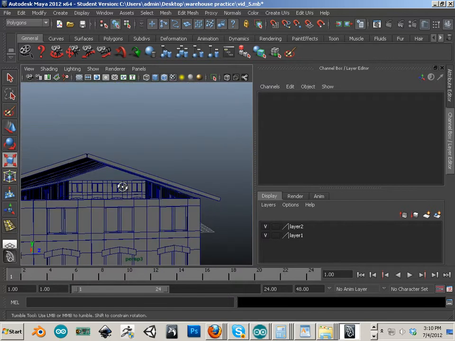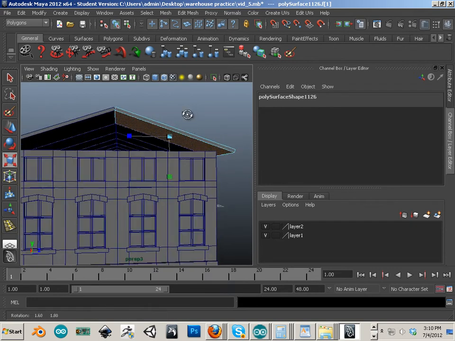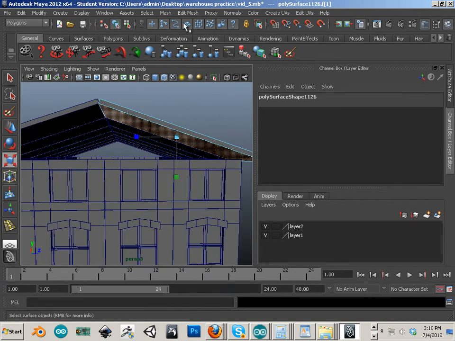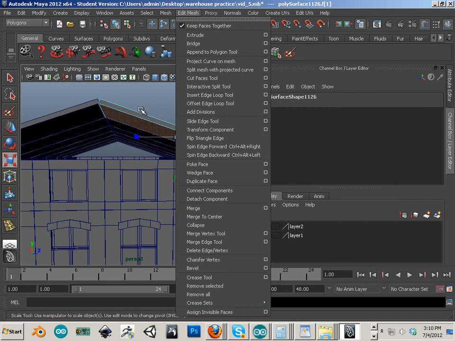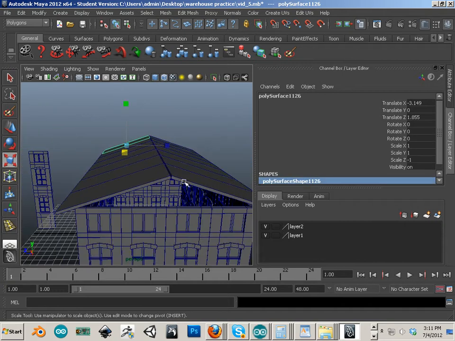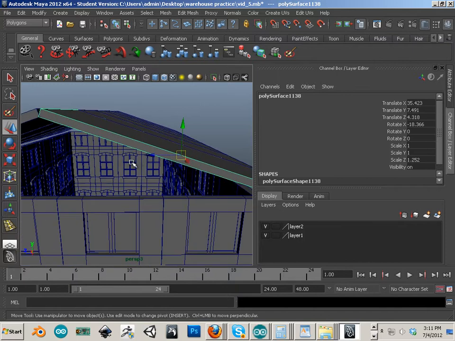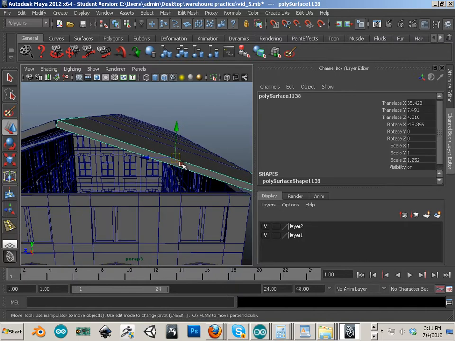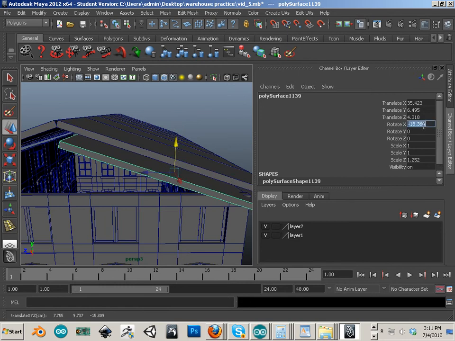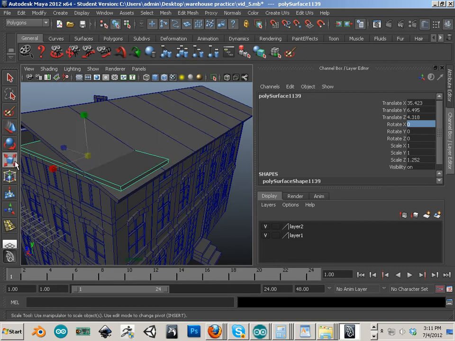Okay, what about this piece? How would I get that? Well, I could take this face and duplicate it. Remember, this is the piece right here that still has the rotate on it. Oh, or is it on the other side? Yeah, it's this one. So this is the one I want to pick on. So in this case, I would just duplicate it, zero out the rotation, make it thinner,